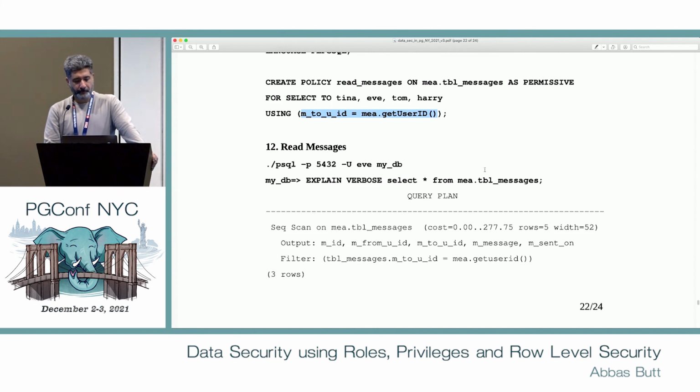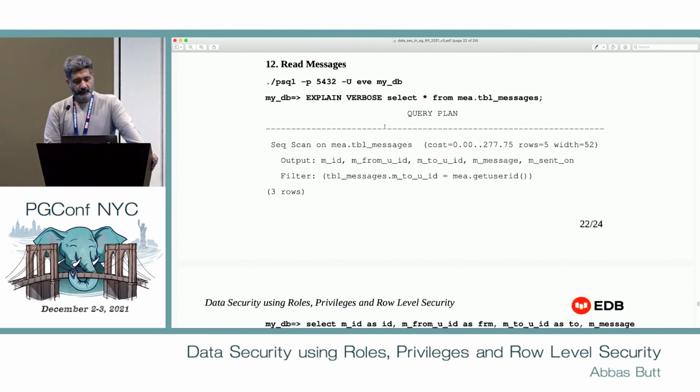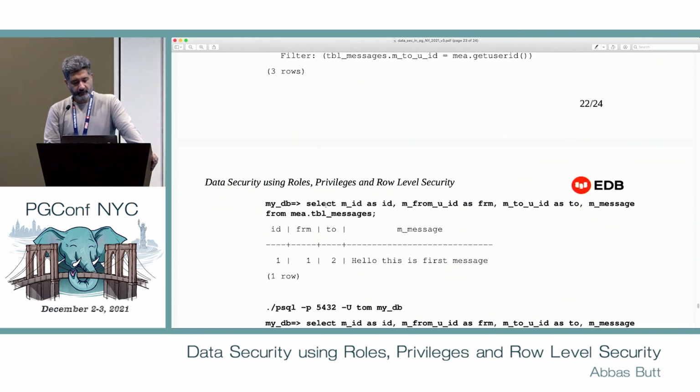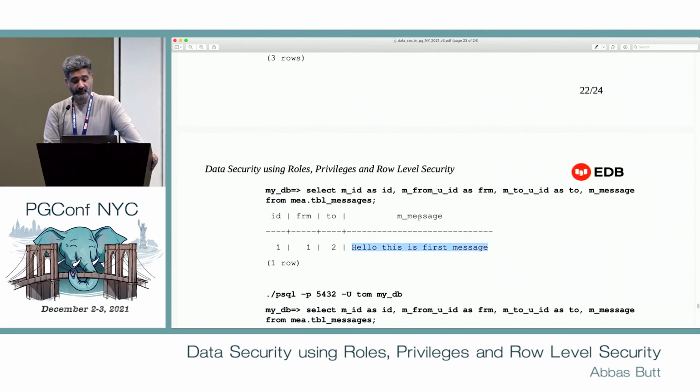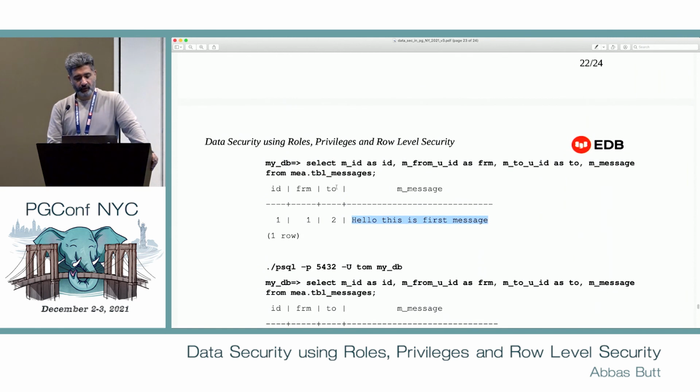So this is going to make sure that I will not be able to read messages which are not intended for me. Now let's see. Again, if I fire a select from the table, I will not see any rows. But if I execute this, I would see only the message that was sent to me. Remember we had added 3 messages, but here I am only getting message 2 because I am logged in as user 2.